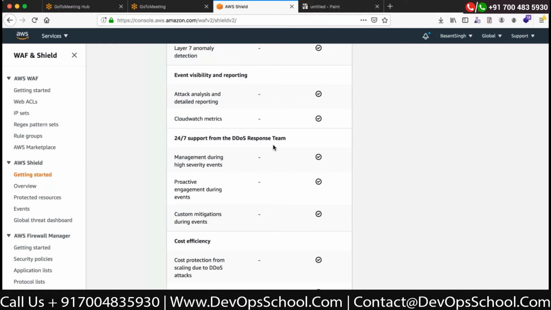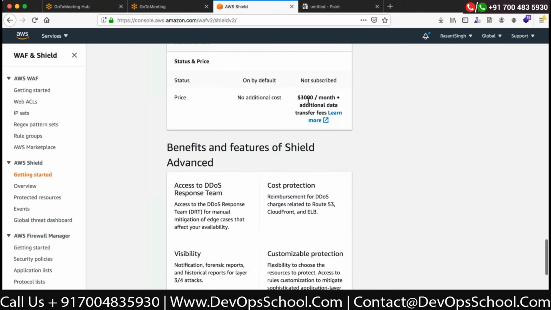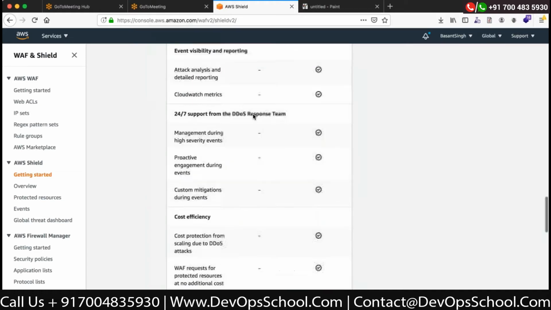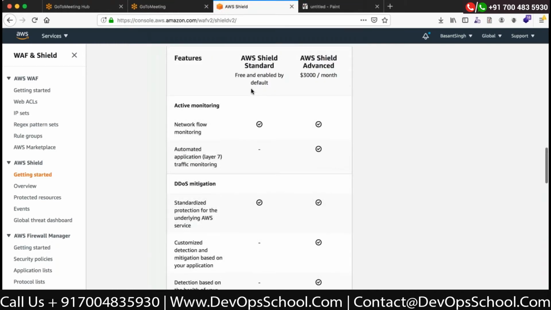So you have to take some action, or they will do some actions to secure yourself from such type of attack, which is happening up in your public facing interfaces. So you can see the charges are too much, right? $3,000 per month, which is a very huge charge, right? But if you have some sensitive areas which you want to save,